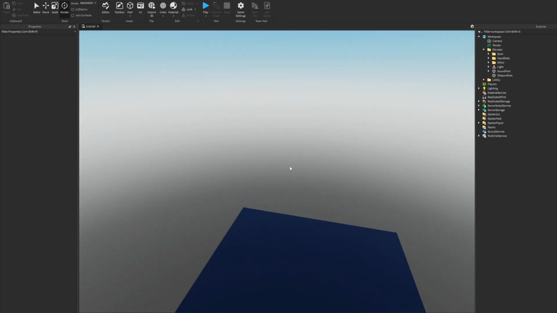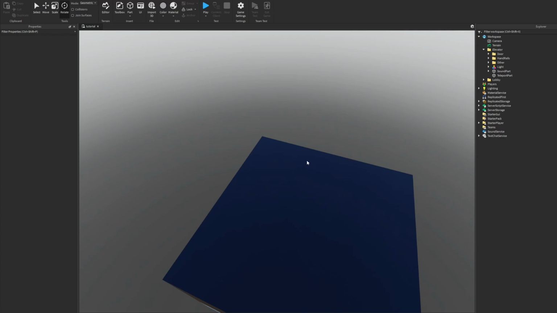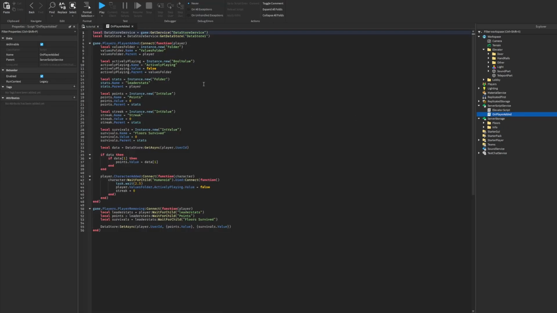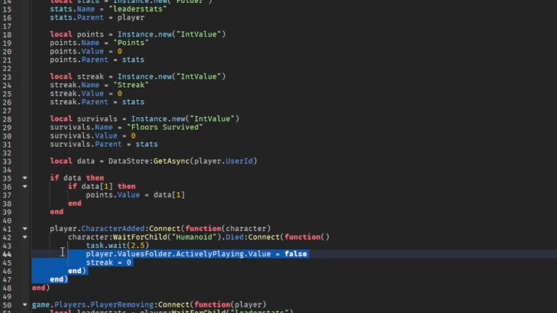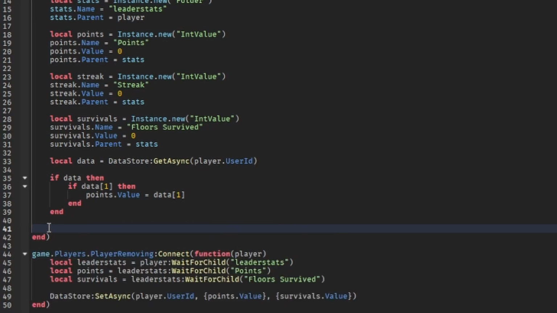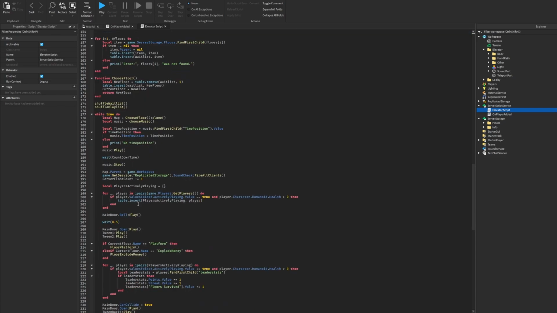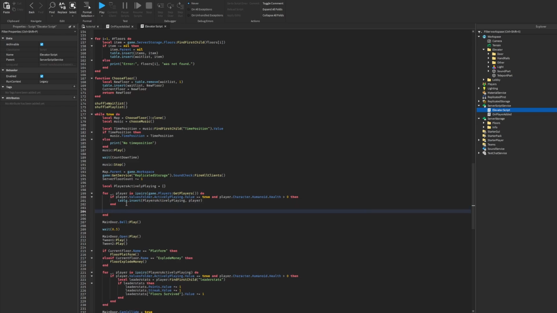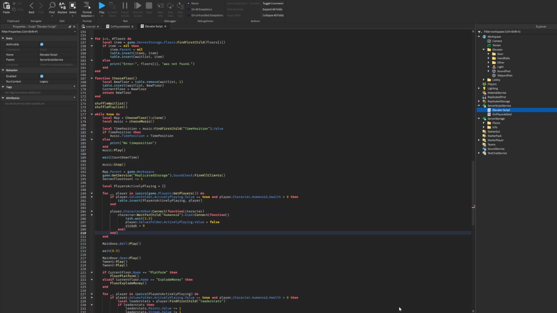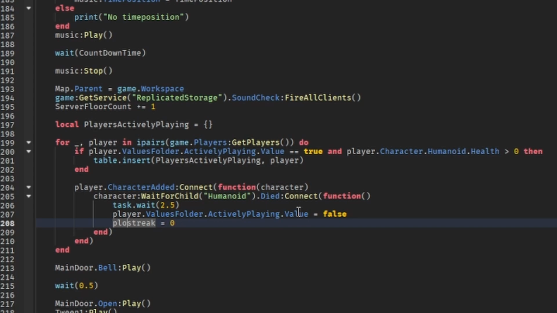What I want to do next is fix the stats system, because the one I have right now doesn't work that well. In the onPlayerAdded script, you're going to copy and delete this with Control X, and then go to your elevator script, and then right after this if statement inside of this for loop, you're going to paste it, and then we're going to change some things. So behind streak, we're going to put player.leaderstats.streak.Value is equal to 0, and